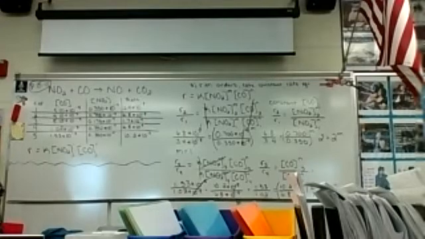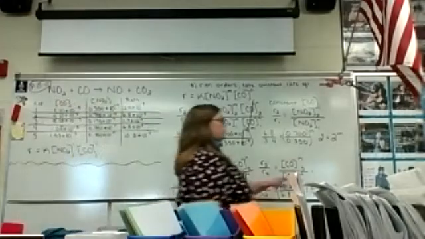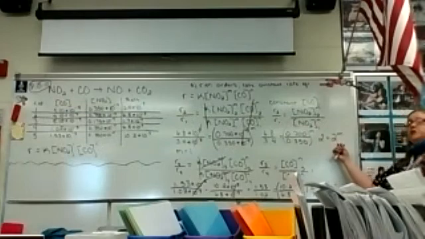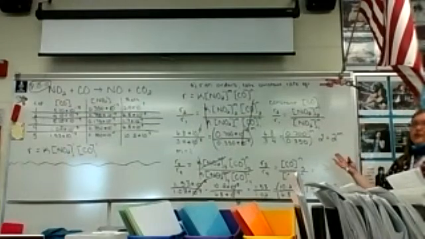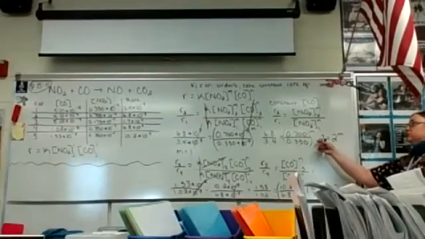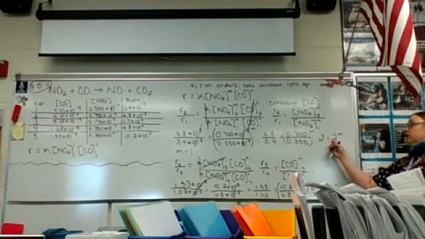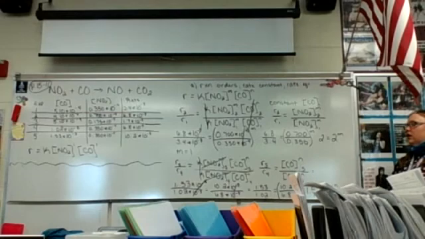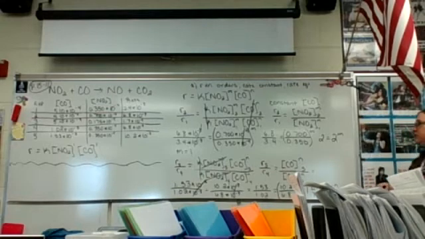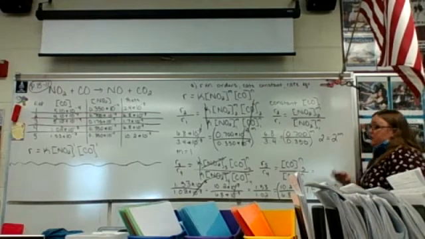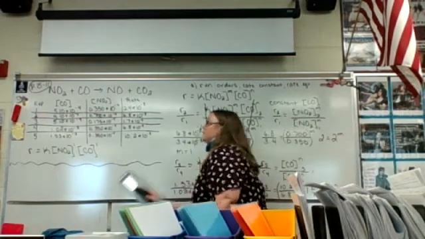If we got 4, if we said that this was 4 equals 2 to the m, well, 2 squared is 4. So m, if this was 4, m would be 2. But that was not the case. It was just 2 equals 2 to the m. So m was 1, because anything raised to the first power is itself. So this is no different than what we've done on Monday. Now, what we had done on Tuesday,